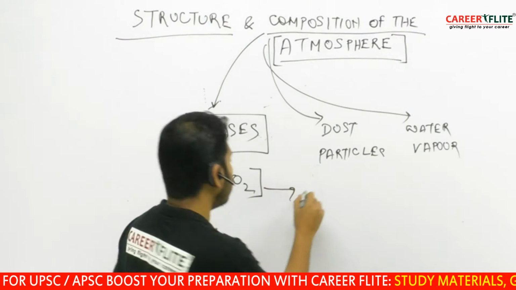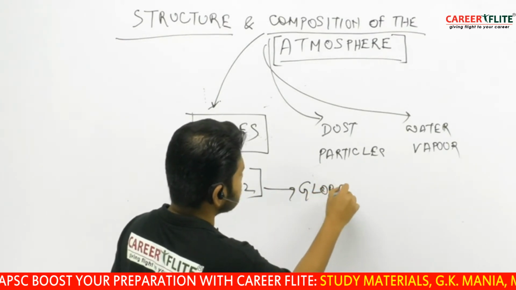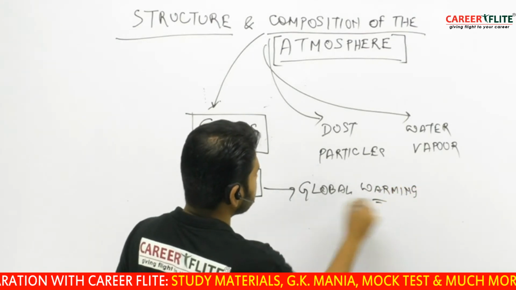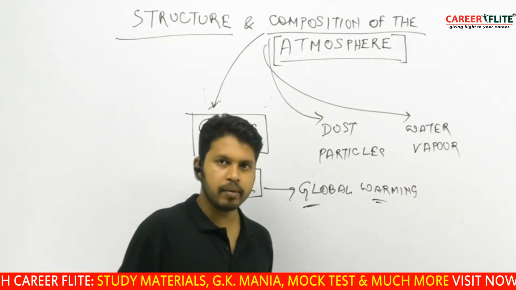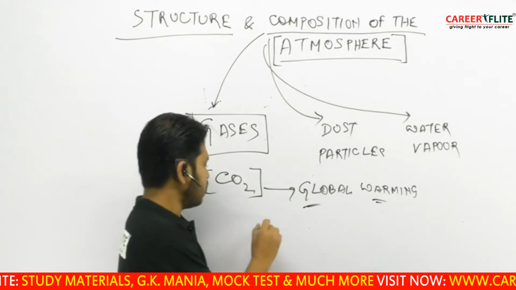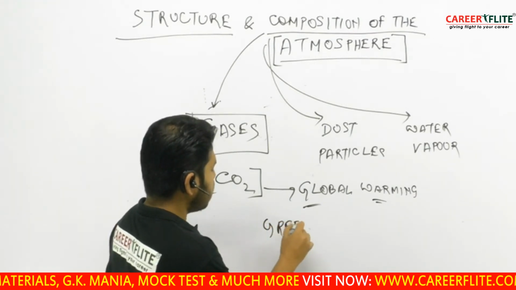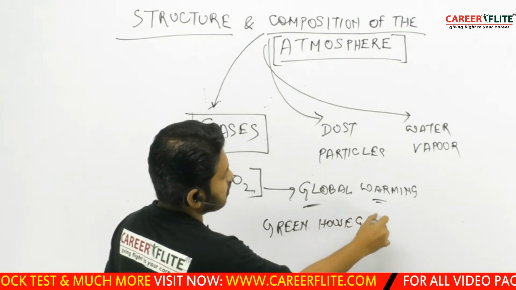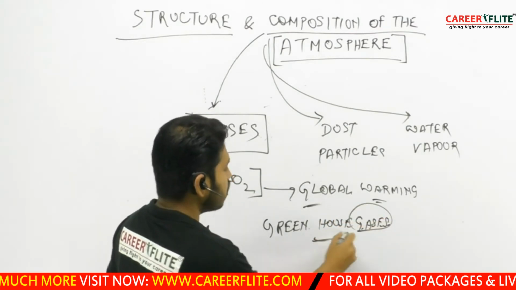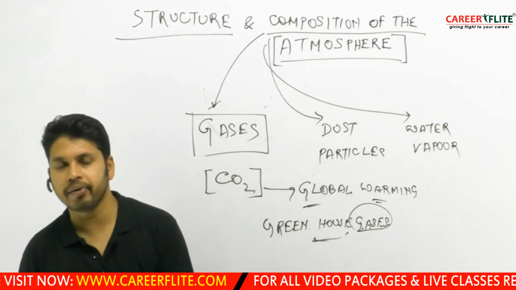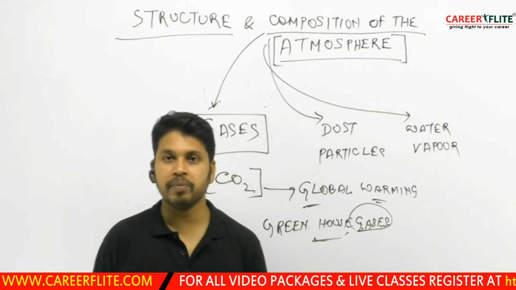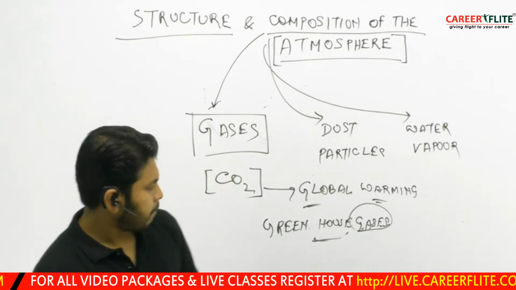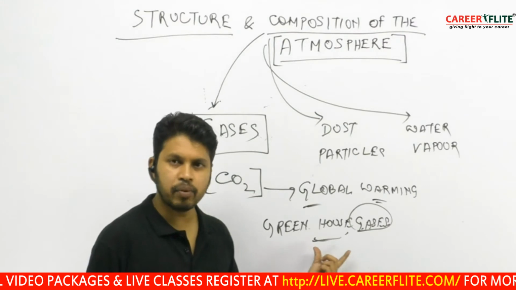We are talking about global warming nowadays. Why does global warming happen? What are the sources of global warming? Mainly it is greenhouse gases. Now what are greenhouse gases? Greenhouse gases are gases like carbon dioxide, nitrous oxide, ozone, CFC, chlorofluorocarbon, and methane. These are greenhouse gases, and they are responsible for the warming of the